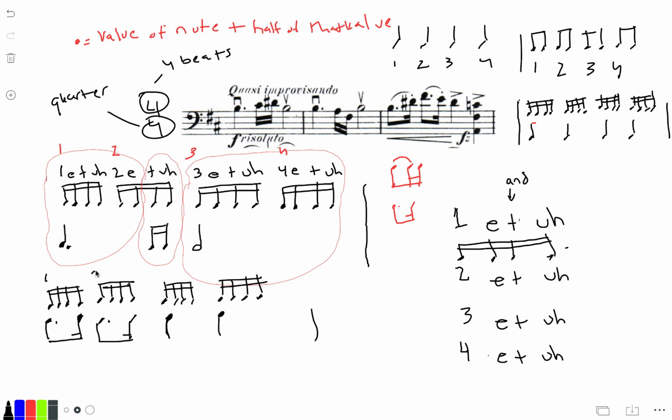So 1, 2, 3, 4. If you recall, before we just added in the 1E and the 2E and the, so we don't necessarily have to write those out, but I guess we could go ahead and do that. 1E and 2E and 3E and 4E and okay, so now that we have those written out, we can actually visually see where those beats land